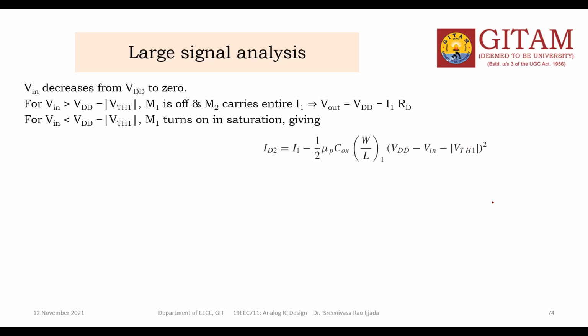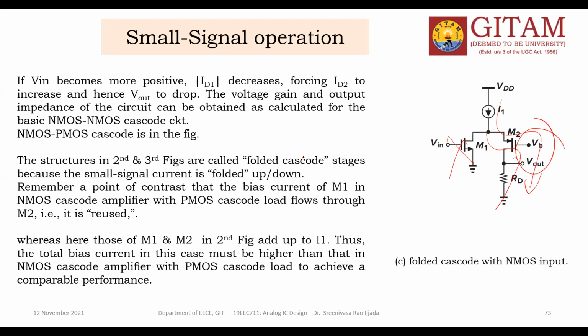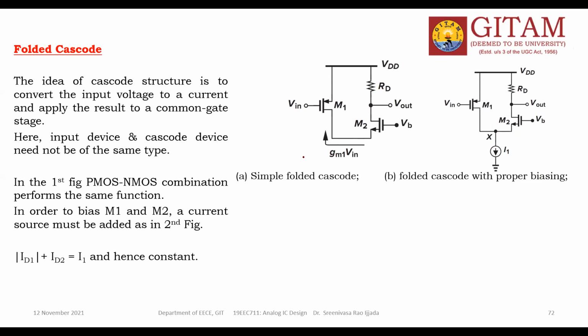Cx, of course, is a saturation current. This is the saturation current of the PMOS device. So I1 is the bias current. I22 is the current because of this PMOS device. This is I1 minus